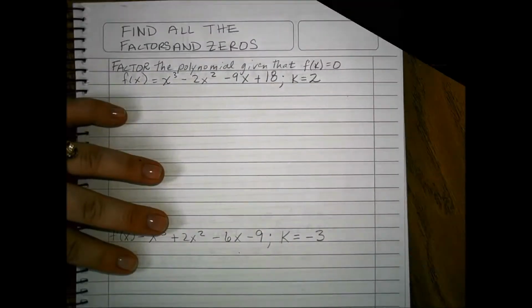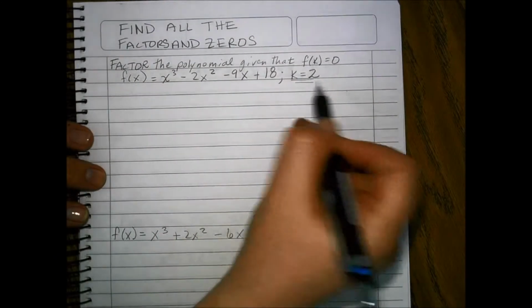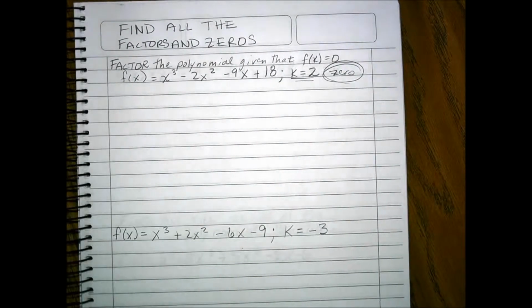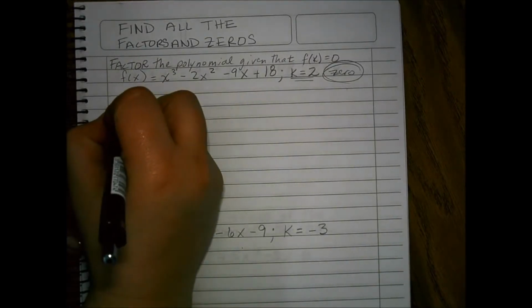Factor the polynomial given that f of k equals 0. This means that this value for k is a 0. We want to find the factors. We're going to use this 0 to set up a synthetic division,